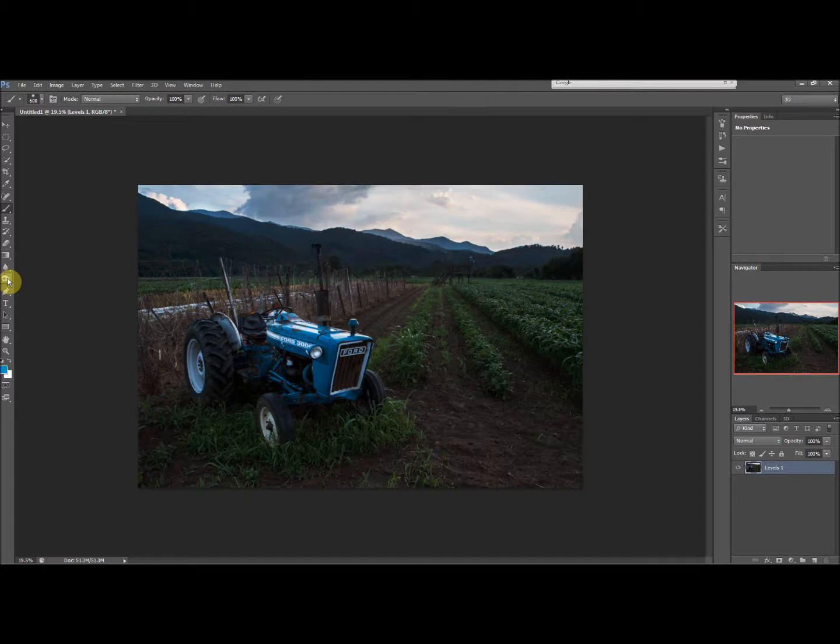And so I want to add more contrast to specific areas of this photograph. I don't want the whole photograph to have more contrast, I just want specific areas. So when you go over here, to select your burn tool, you hit the O button, or you can just hit this little hand, and if you hold it down, you'll see the dodge tool here, burn tool there, and sponge tool there. So burning,